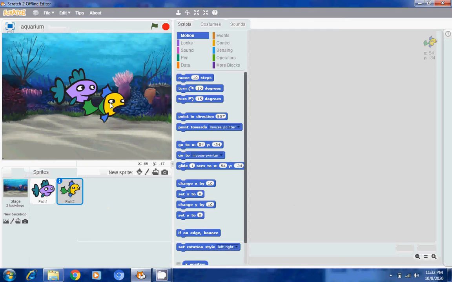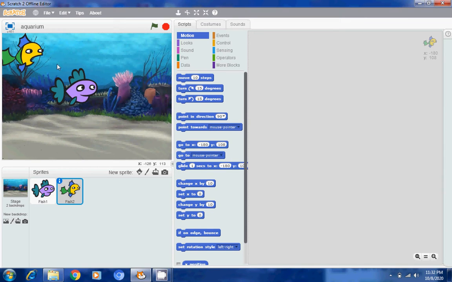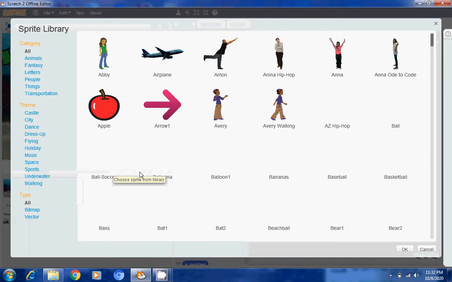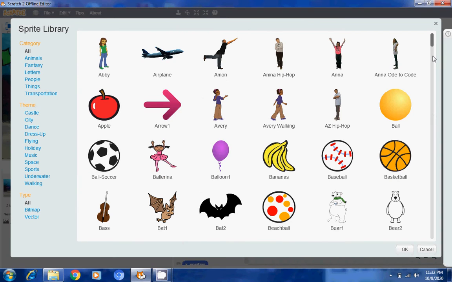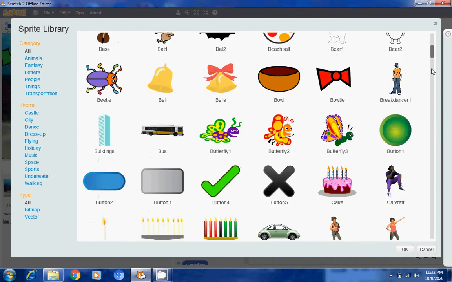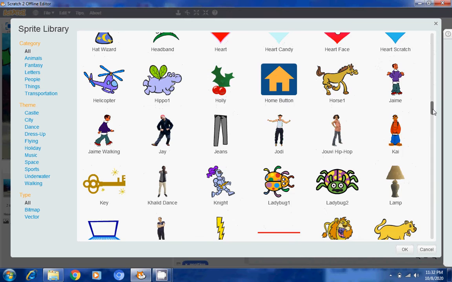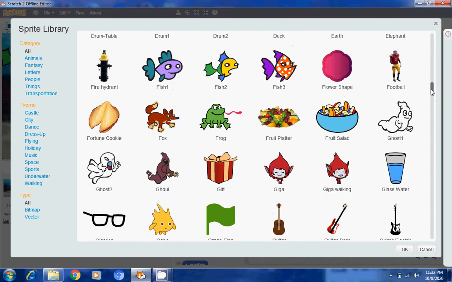We can adjust them here also, like if we want to put one somewhere at the top, and this one I want to put it here. Now I take one more fish, so again I'll go to the library and take one more fish.